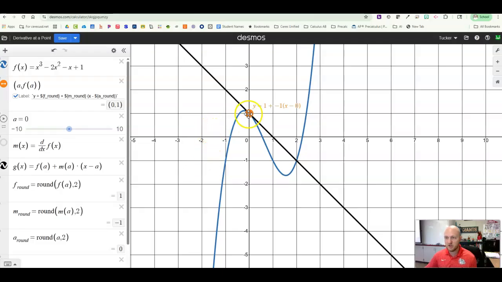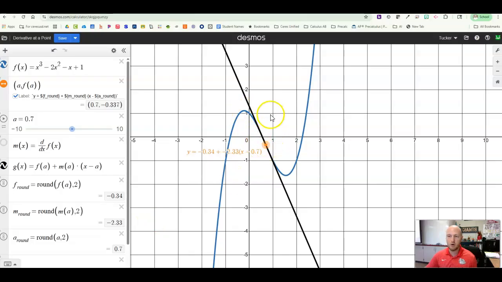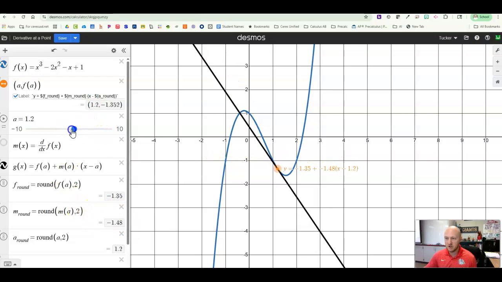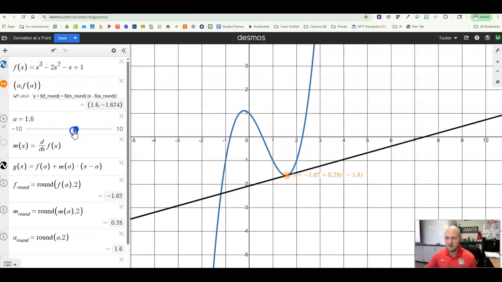So at this point, do I decrease 1 and run 1? Yes, I do, right? And so this instantaneous rate of change, I can drag it. And so at a specific point, do you see how it's changing? This rate of change now at this point, right? I didn't even go over 1. Now I'm here at 0.7, and that slope is -2.33. So I want you to just keep your eye on this m row right here, how this average rate of change changes, or this instantaneous rate of change changes as I drag